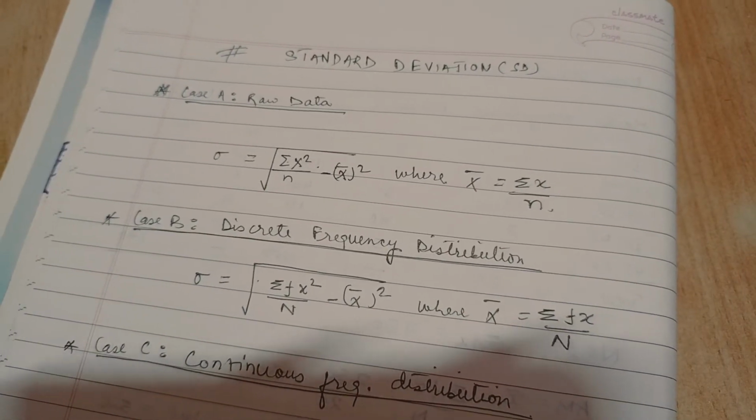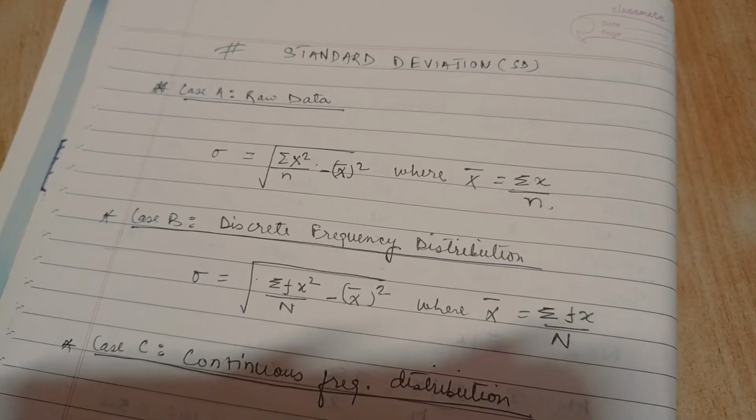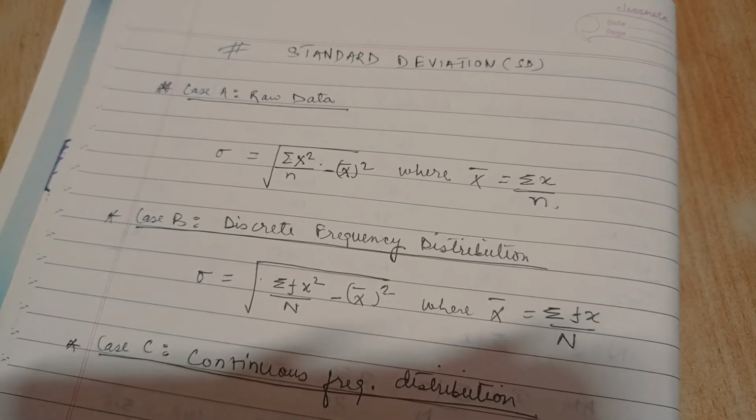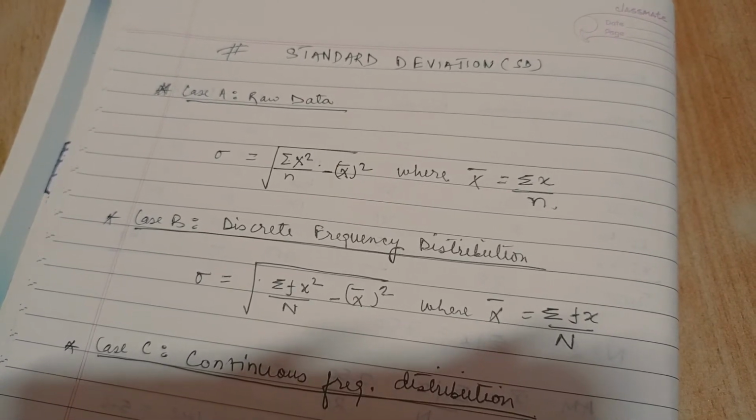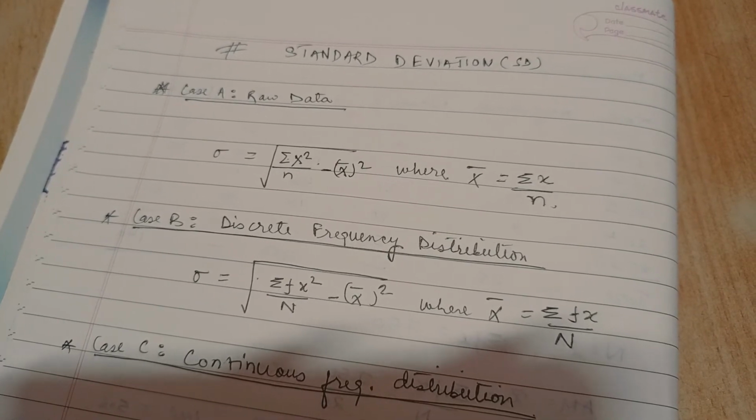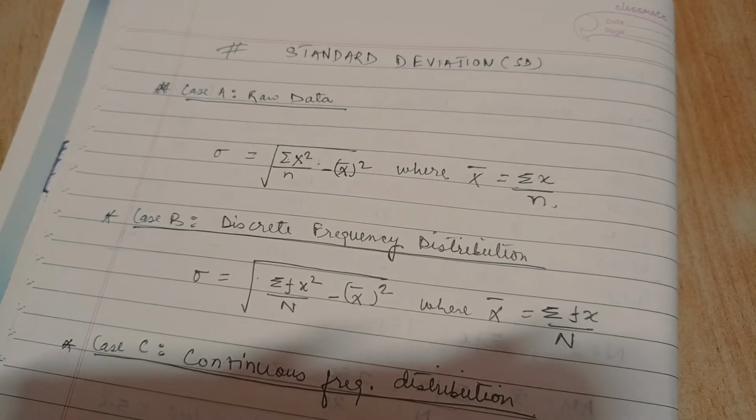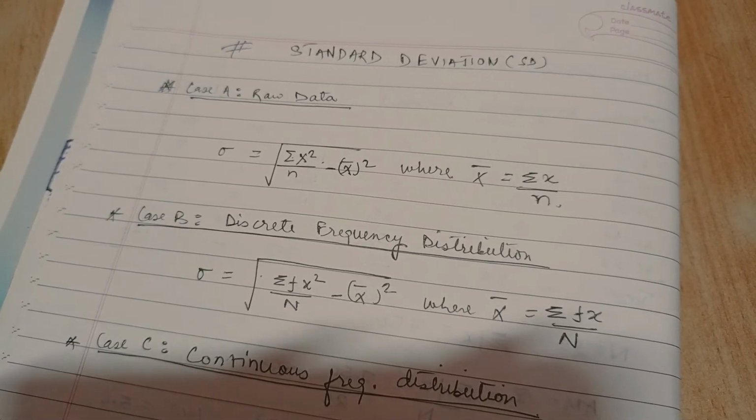So today we are going to start with standard deviation. What is standard deviation? The difference, the deviation from the original value or from a particular value is known as standard deviation. Deviation between two values, that is difference between two values, how differently two values are presented in the observation is known as standard deviation.